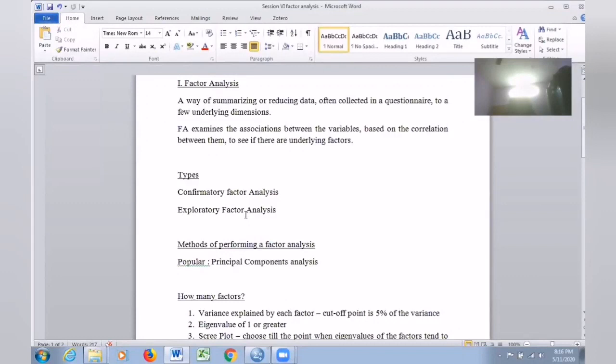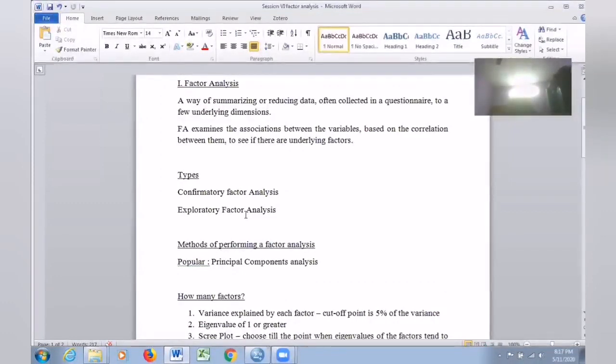The factors which I have already found from others' research work, or others' propositions, or some standards, some predictions. I want to confirm whether the factors for my research questionnaire are the same as those of the standard or previous research output. In that case, we can go for confirmatory factor analysis.